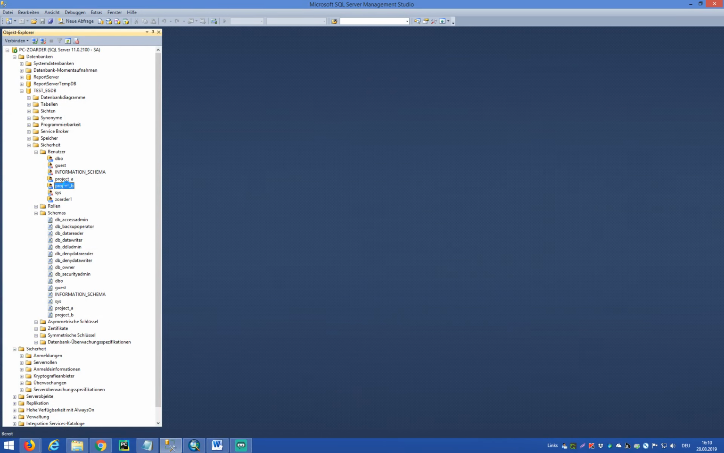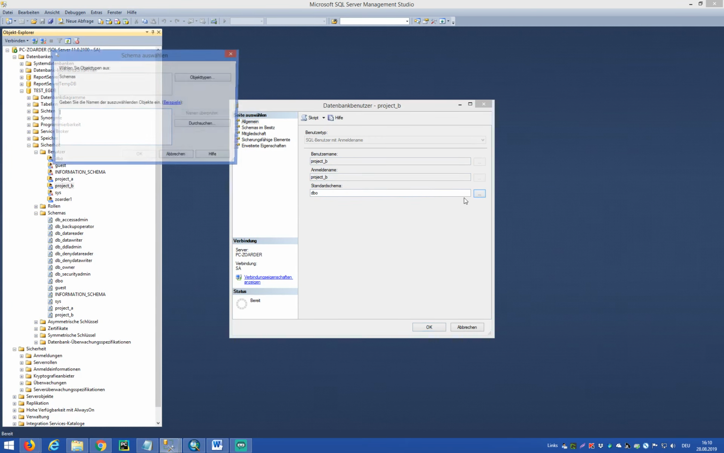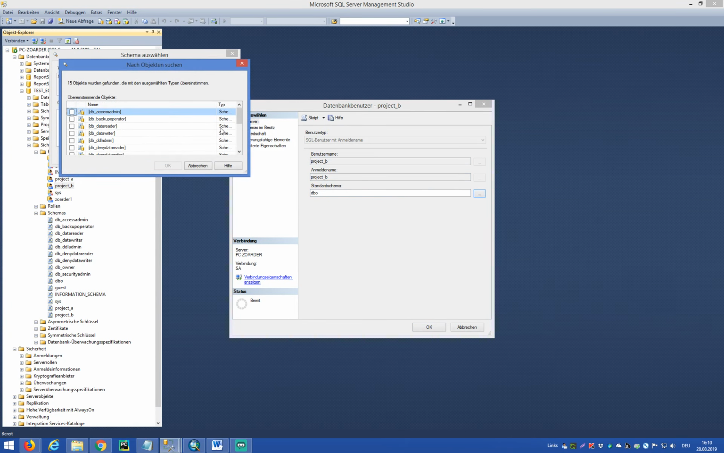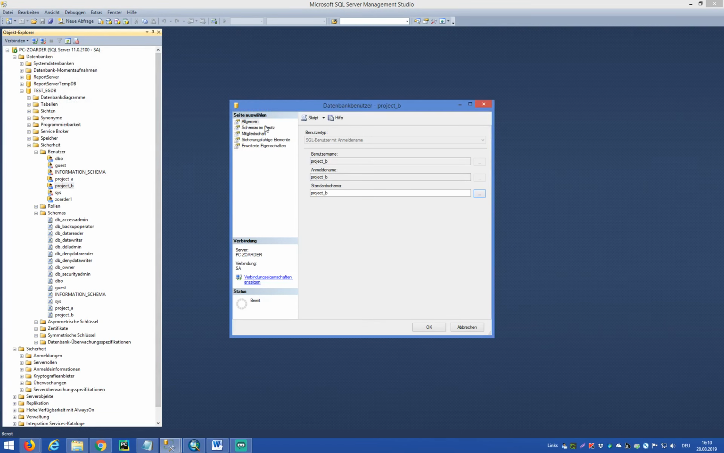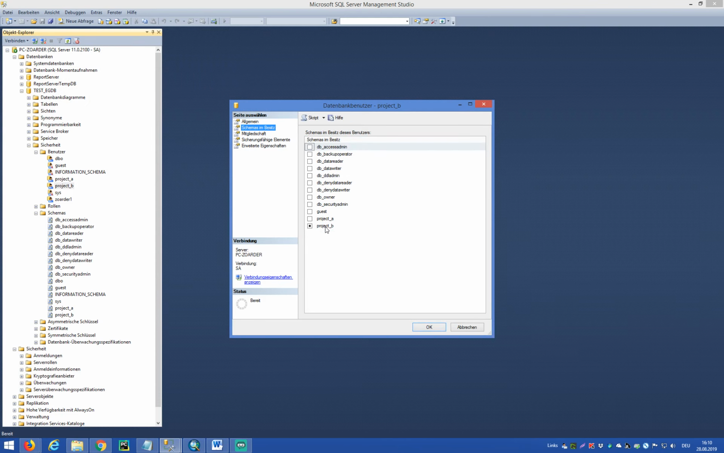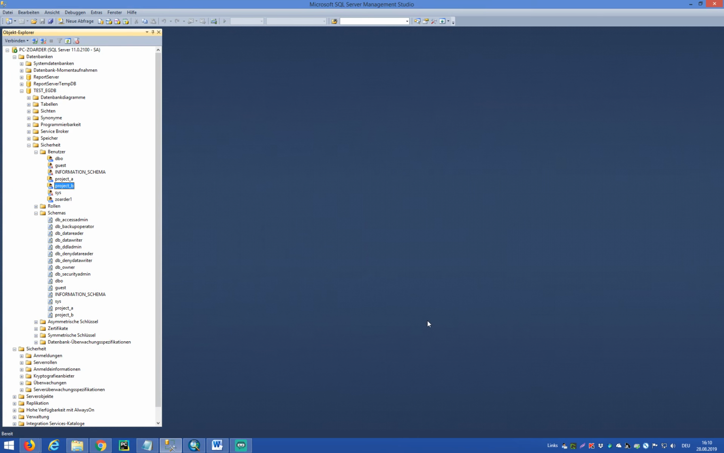And now similarly we'll go inside this project B login and we'll assign the schema project B. Okay, cool. And here we can see this user is under the project B schema, and we'll assign the similar roles, project reader and project writer. Cool, and fine, all is set. Now